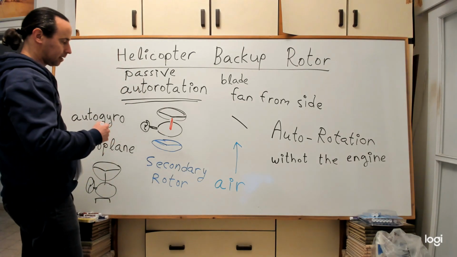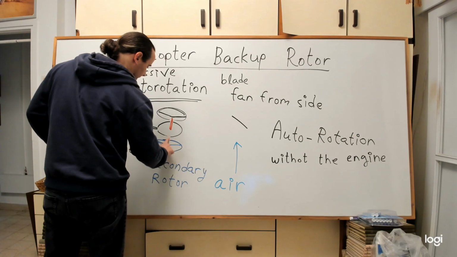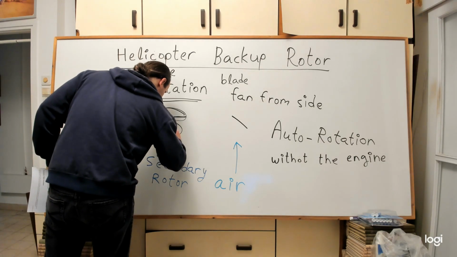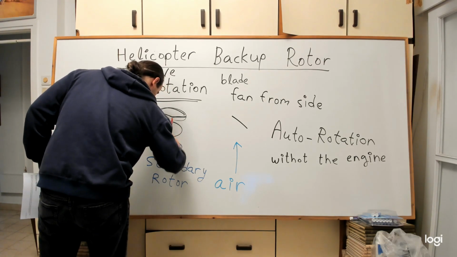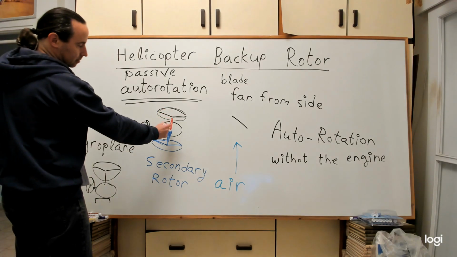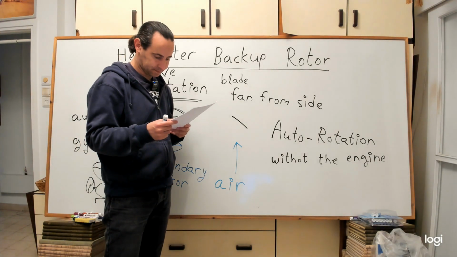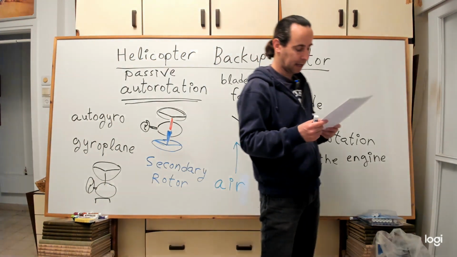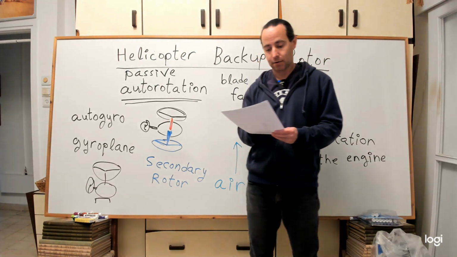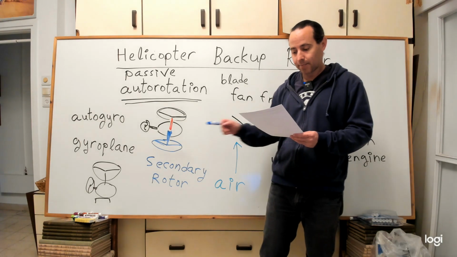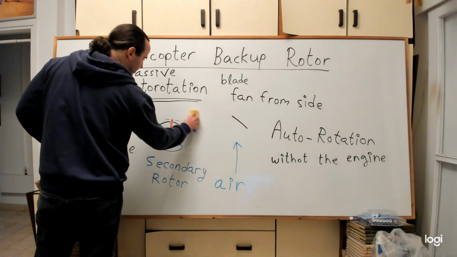And of course it's also connected with a mast of its own, just like this is. Okay, so this way, in the deadly scenario that the helicopter loses its upper rotor, okay, if we don't have anymore the upper rotor,